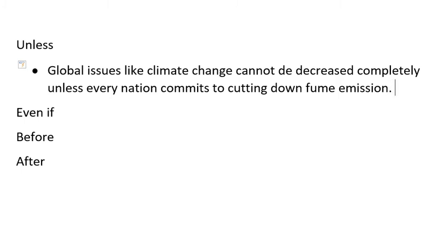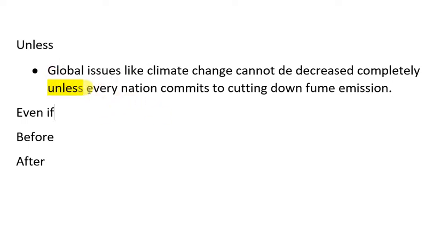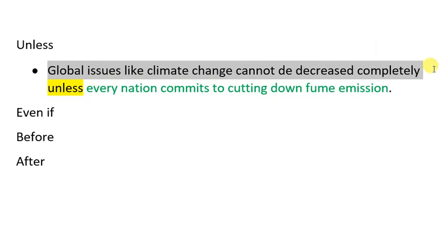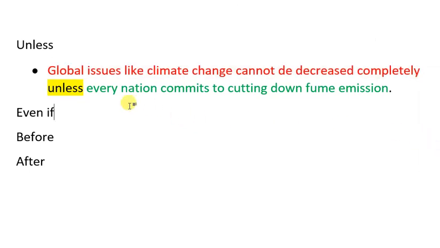Okay. So sentence थोड़ा lengthy है, मैं कट डाउन कर देता है. So the conjunction is unless, and this one is the independent, and this is the independent clause. Okay,